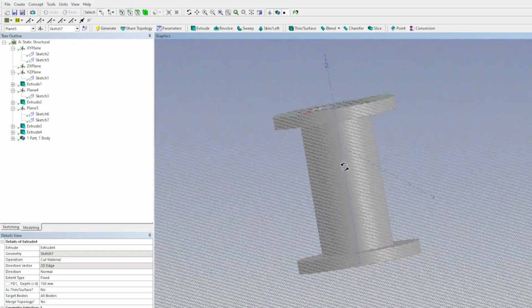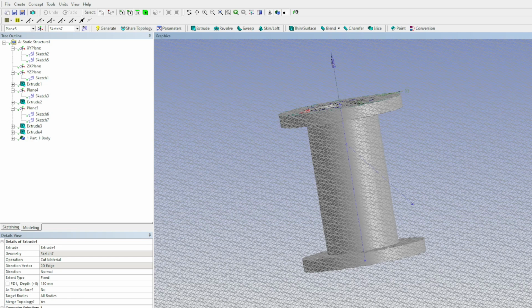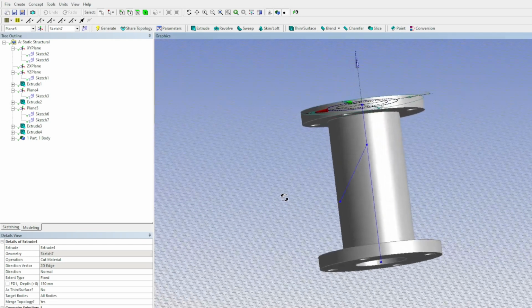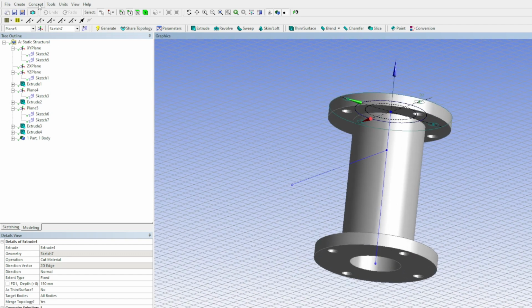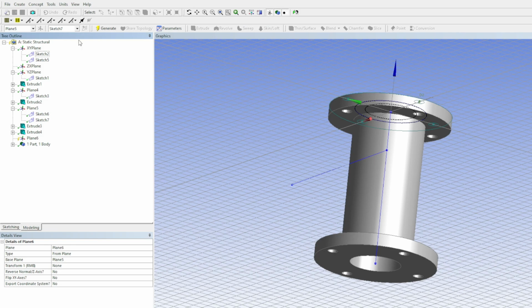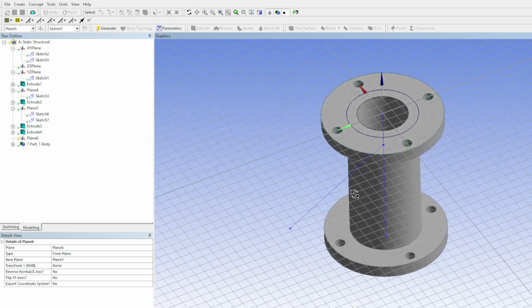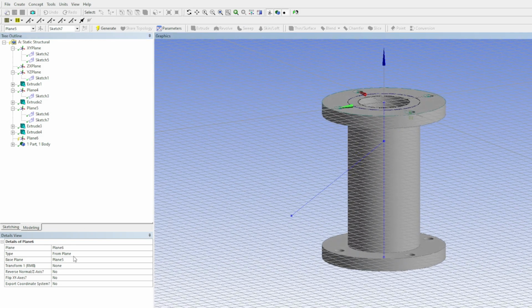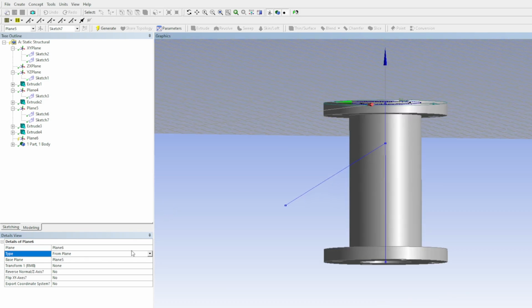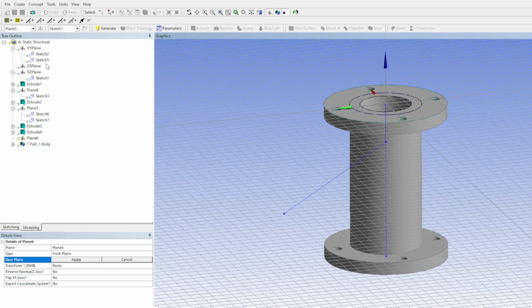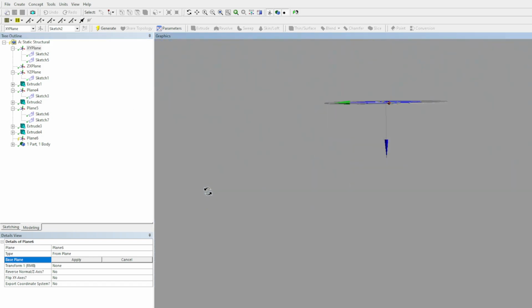And typically CAD platforms don't like this angle. So what we're going to do now is we're going to come in and we're going to extrude another section kind of similar to how we did before. So what I'm going to do is I'm going to select create new plane, and we're going to take from plane, then we want to pull from XY,